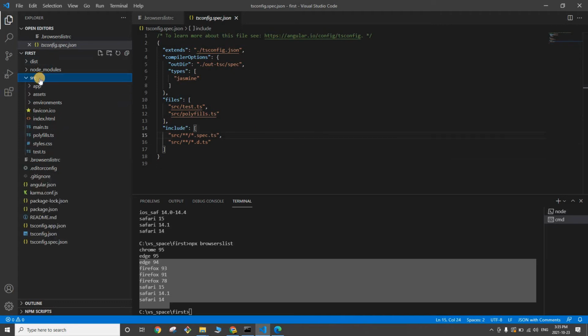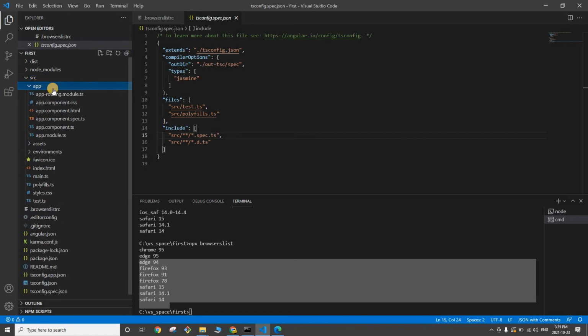Now guys, let's talk about the src folder. So this is the folder where you will be putting most of your time. Now guys, let's talk about the app. This is the main folder where you have all your components. So guys, if you remember in the last video, we discussed Angular modules, right? So in Angular, you create multiple modules and each module can have multiple components. So you are going to create all your modules inside app folder, right? So app module is your main module, or you can say it's your root module. Okay. So we'll talk about all these files in a moment.